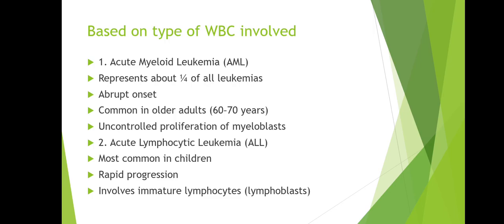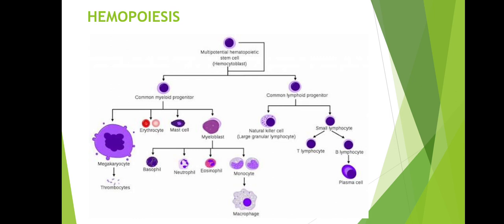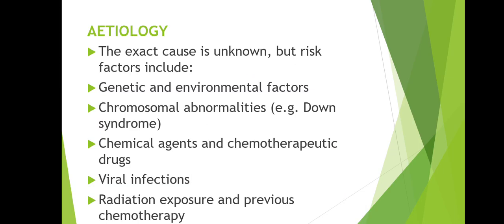Because we know that the myeloid cells are the progenitor cells that produce the white blood cells. You can see here all the white blood cells of this particular type, except the lymphocyte, but most of them are being produced by the myeloid progenitor. So what happens is that